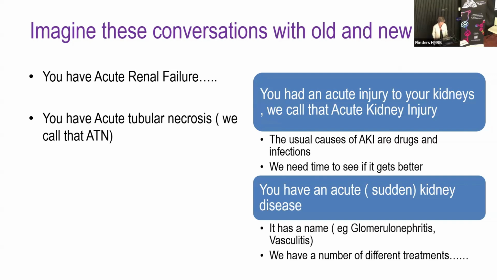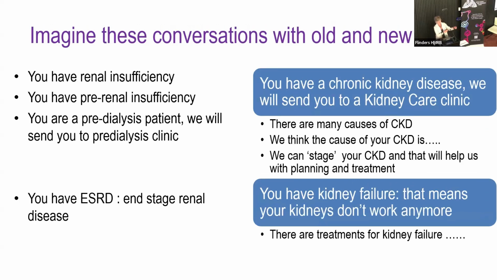You have an acute sudden kidney disease. It has a name. This is where the glomerulonephritis and the vasculitides might fit in. And we have a number of different treatments for you. So I think it's important that we imagine another way to talk with people and not to them from our word. And then if you imagine, again, these conversations with old words, and you have renal insufficiency, pre-renal insufficiency,